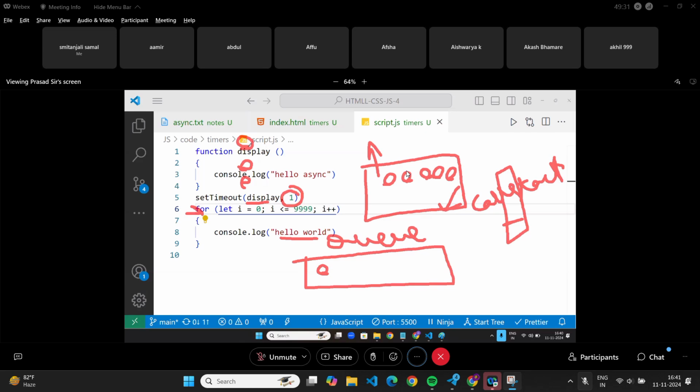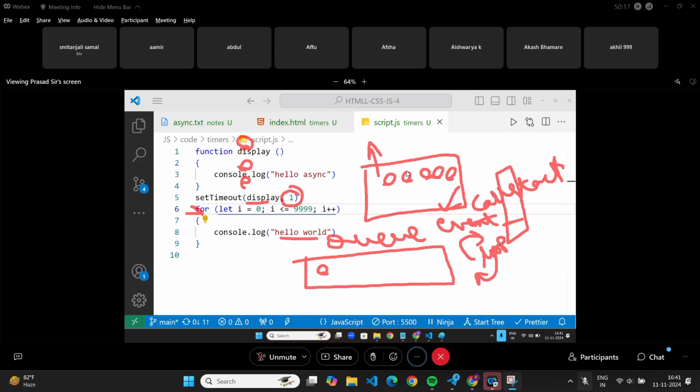Right? And there will always be one guy to tell both, and that is called the event loop. What is it called? One of the important interview questions. Event loop. The event loop always checks the call stack, whether the call stack is empty or not. If it is empty, the event loop informs the queue. If it is not empty, the event loop checks again, again, again. Whenever the call stack is empty, it will tell the event loop, and whatever functions are in the queue will come one by one.